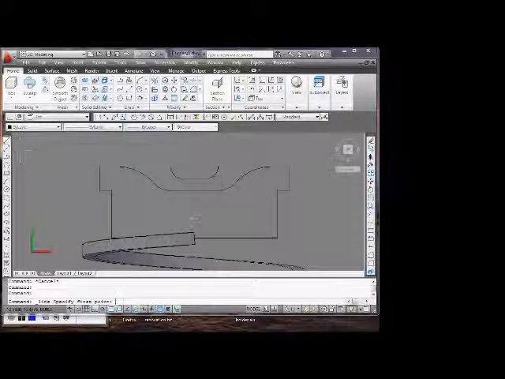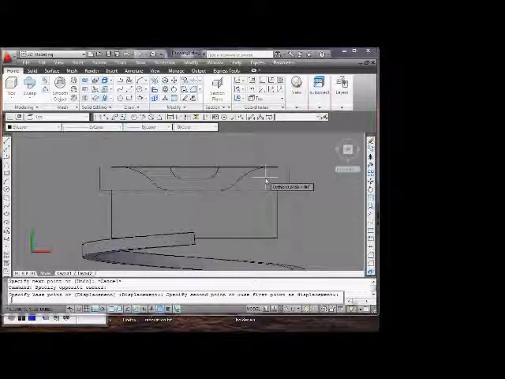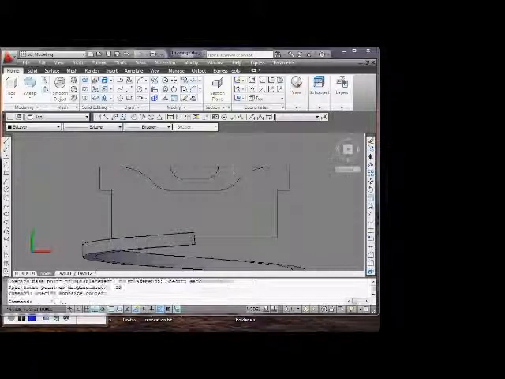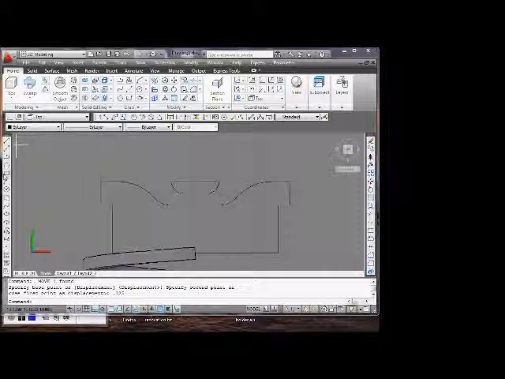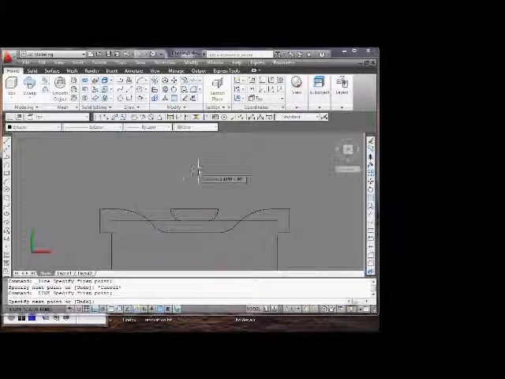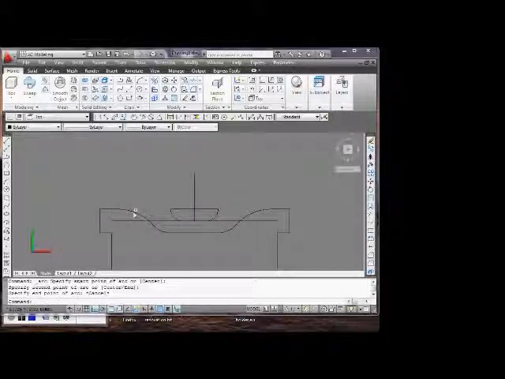Actually, I'm going to draw a reference line. Draw a line from here to here, move it up by 0.25, oops, no, 0.125. Draw an arc. Still need a center point, so I'm going to go up, see how high I want to go, but 5.5. Draw an arc from here to here, from here to here to here,